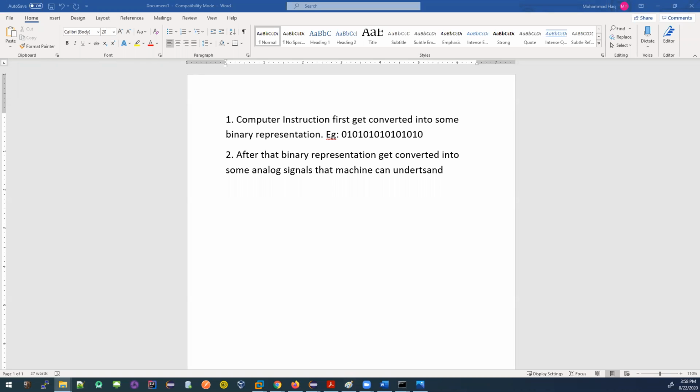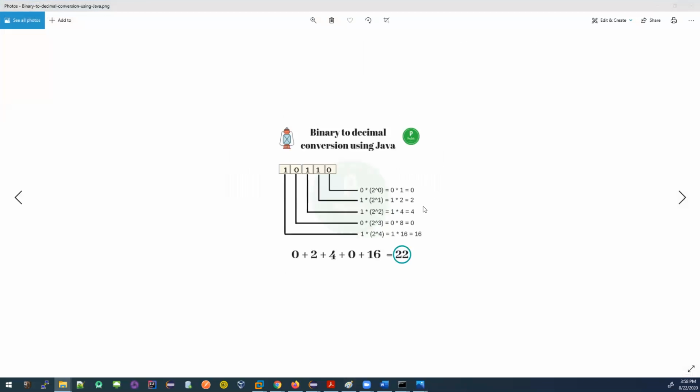Also, let me give you another example. You give signals to your machine, and the machine can give a signal to you too. When I want to print something, I'm giving instruction to the printer. This is another computer system, and it can print something. At that time, my instruction gets converted to some bits, and then also converted to some signal.